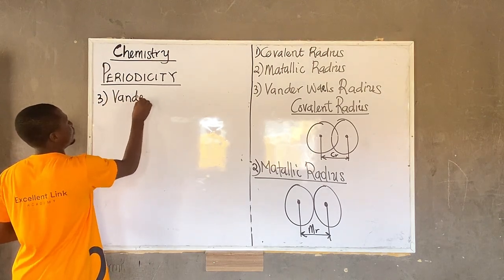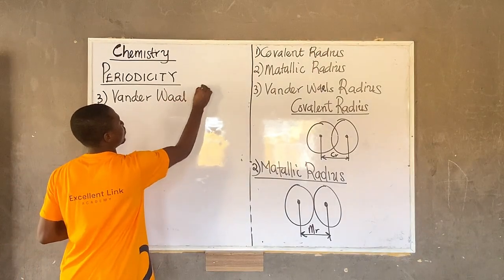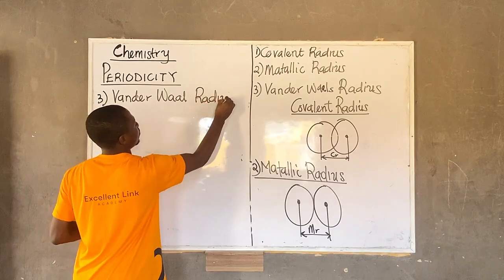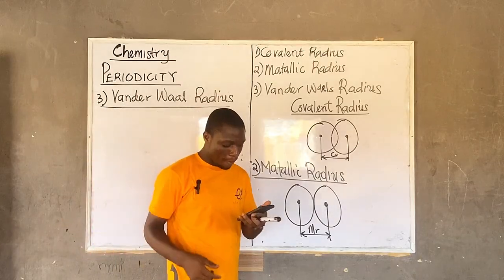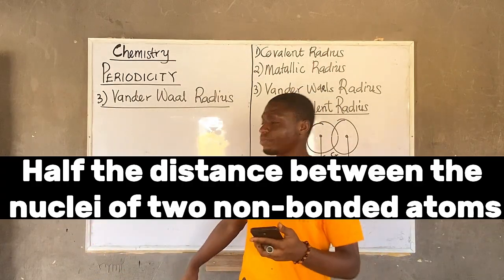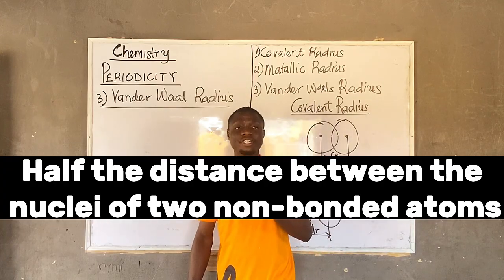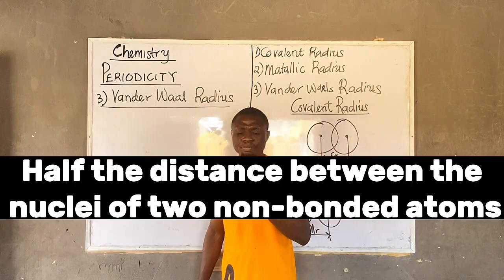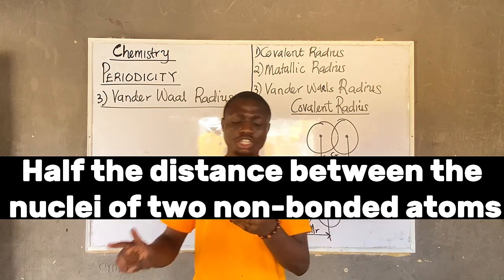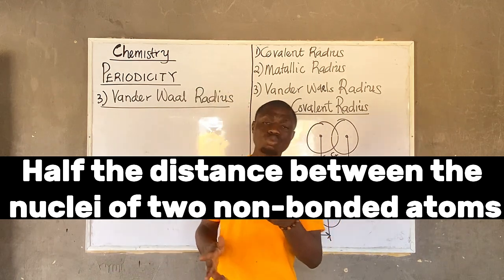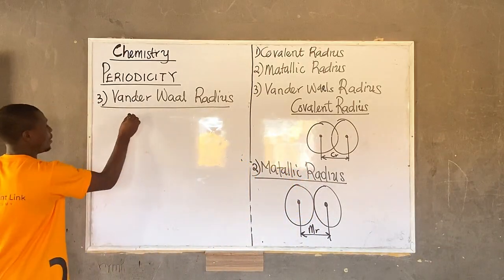All right. Let's explain this, please. Also, this can be defined as half the distance between the nuclei of two non-bonded atoms. Half the distance between the nuclei of two non-bonded atoms. So it means that if I have an atom this way, and another atom this way,